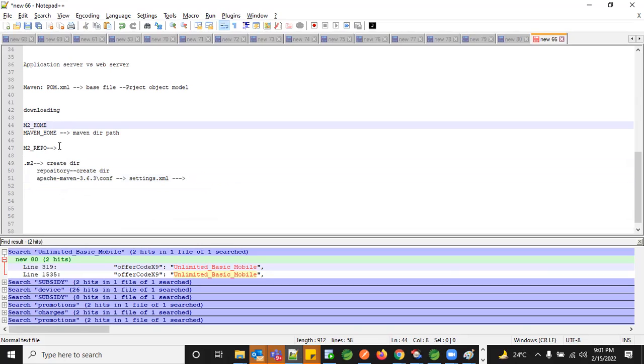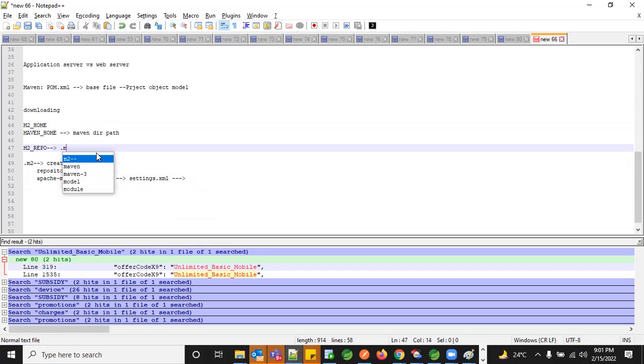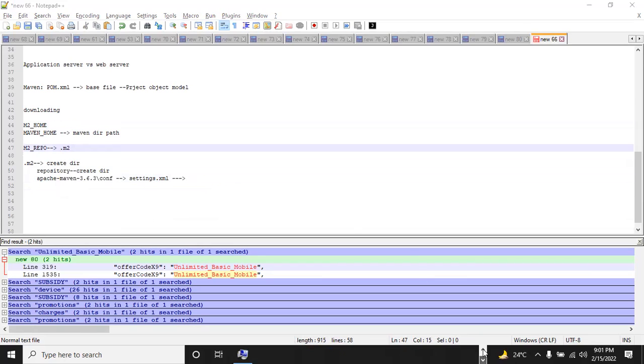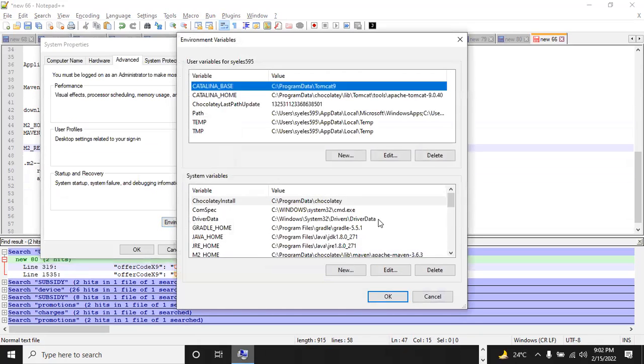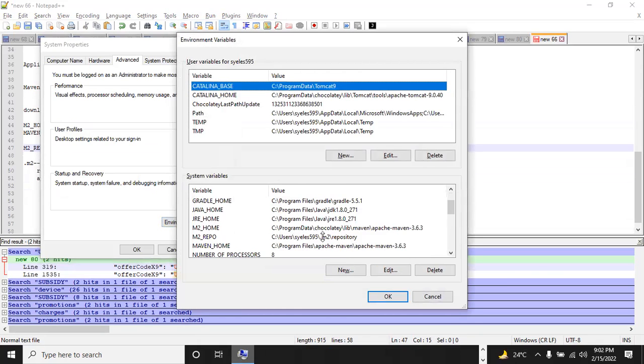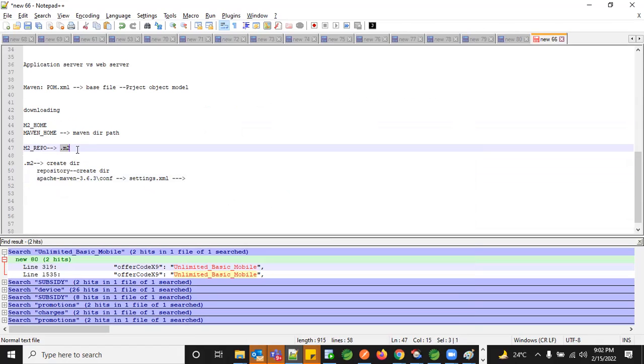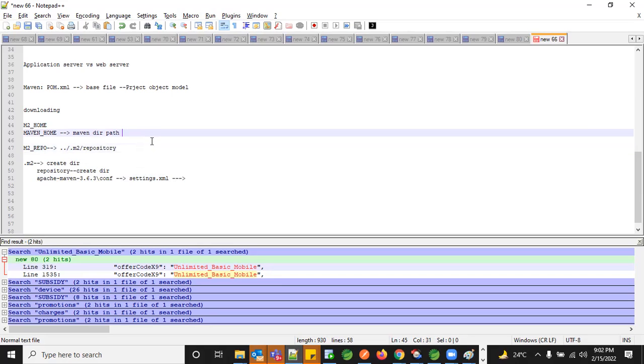m2 home and m2 repo is the path where you have created .m2. So are we good till here? .m2 can be in any folder, even our D drive or wherever you want. It's your wish. You can create it anywhere, C or D drive, but you need to have something called .m2 and map it to the repository. So this should be the path you give under m2 repo. Before that, it can be anything. But the Maven home should be in program files where you have your Java, the same as Java.